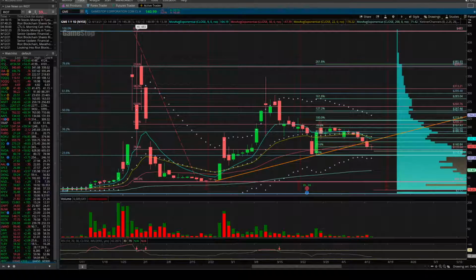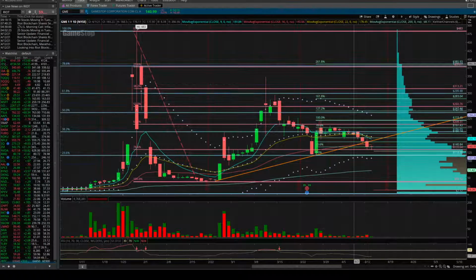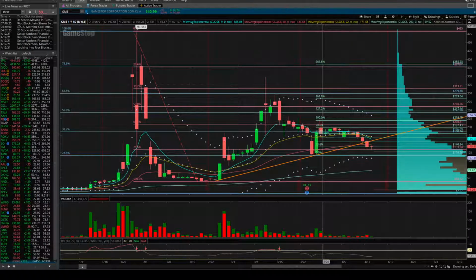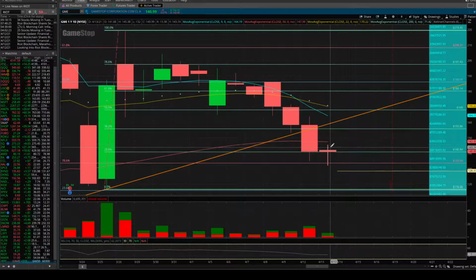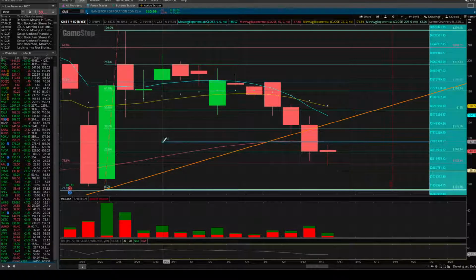So GameStop closed at 140.99, so only down 10 cents today. Had somewhat of a decent range here, poked from a high of 145 down to 132. Less range than yesterday, volume is less than yesterday, but it's still looking like this 78.6 fib, this red channel